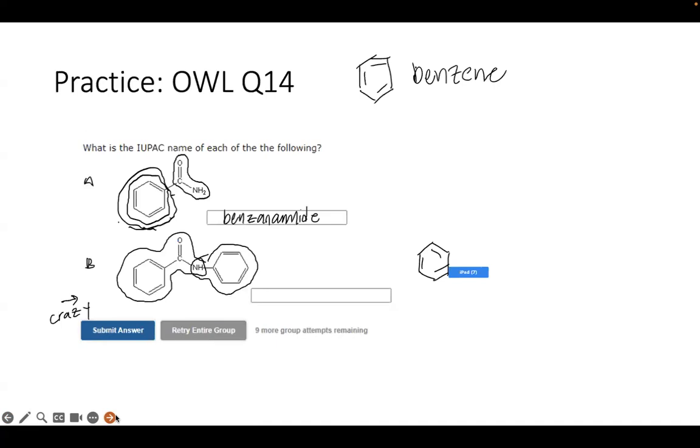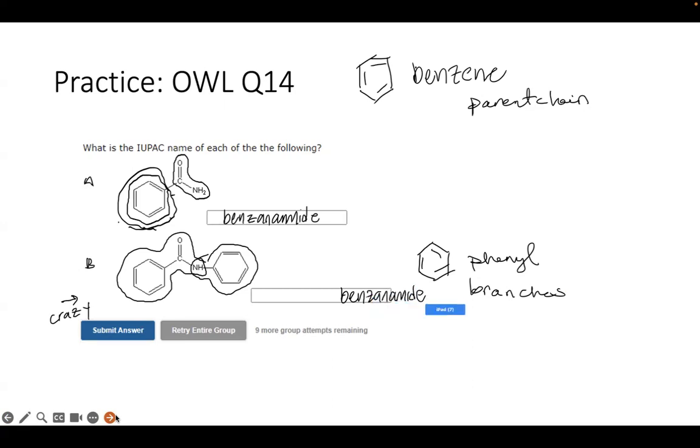So anytime this group is acting in the parent chain, it's called a benzene, but when it's in the branches part, it goes by phenyl. So this structure is still, its parent chain is still benz and amide. But now we have to deal with this phenyl group, which is really just the same, coming off of the